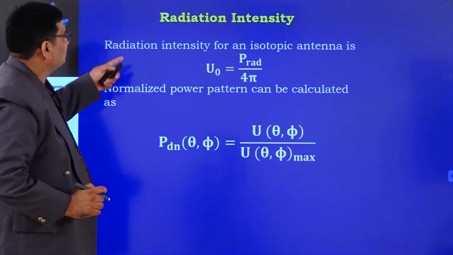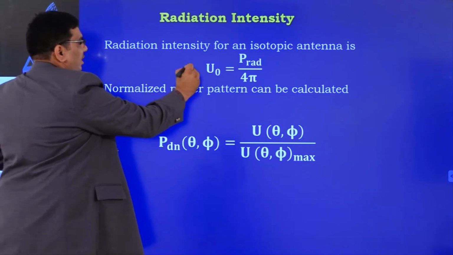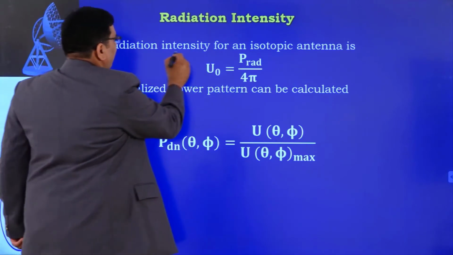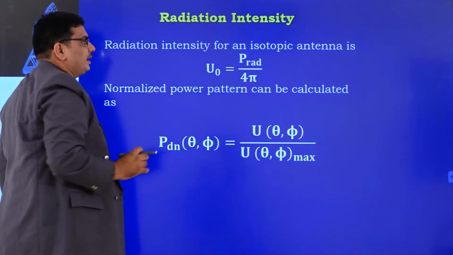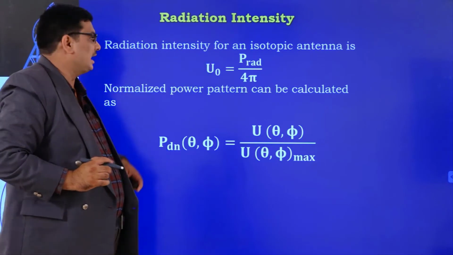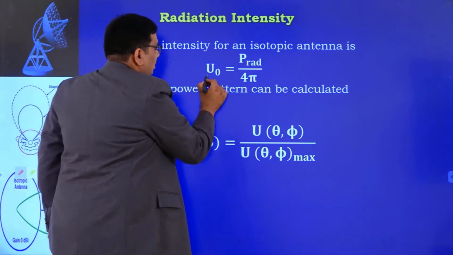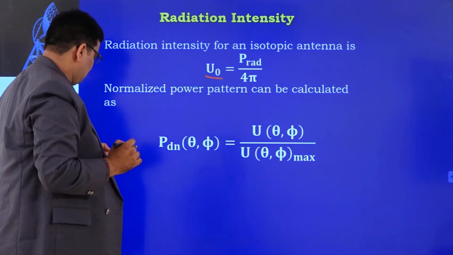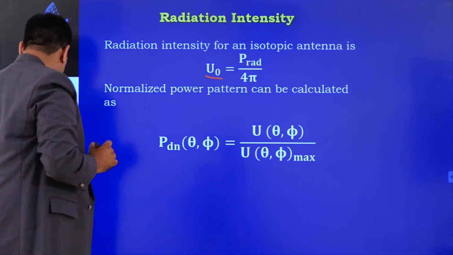So from this, this is the formula for the radiation intensity of an isotropic antenna, U naught is equal to